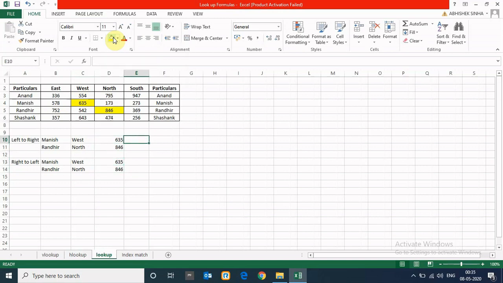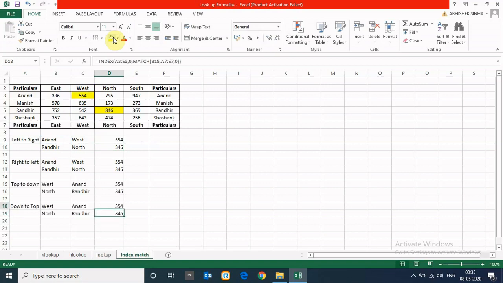You can use the same in the LOOKUP function also. In the LOOKUP function, you cannot use it here because you are using the column. But you can use it in INDEX MATCH.